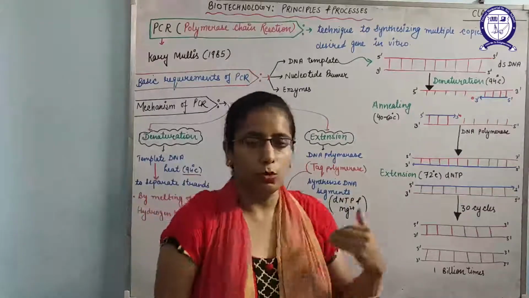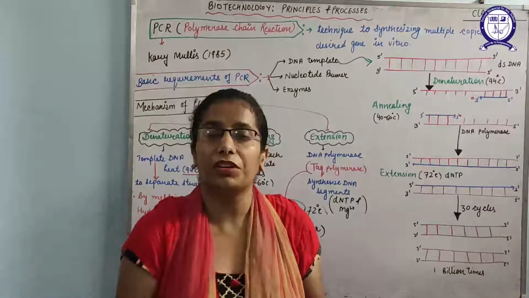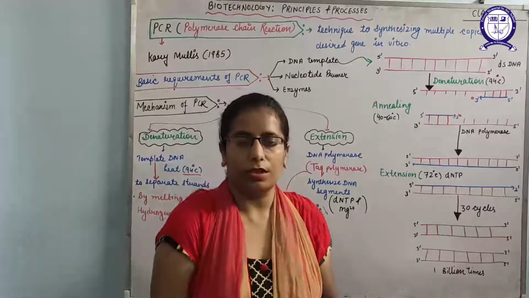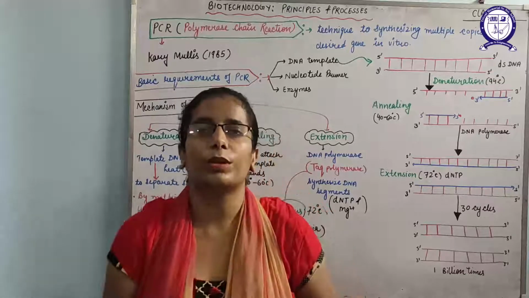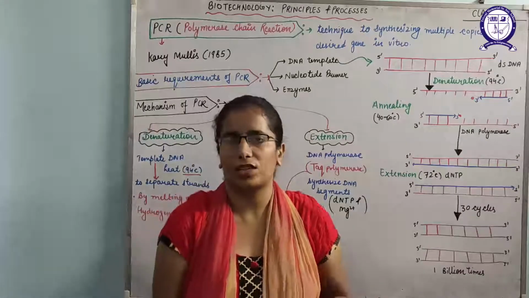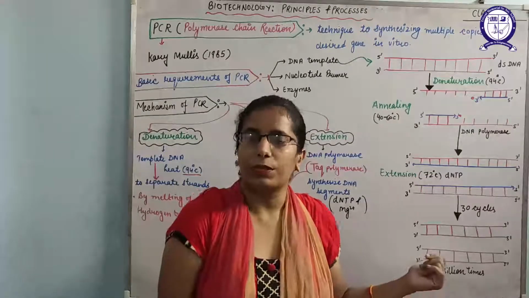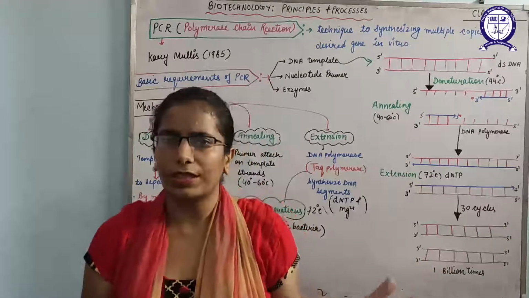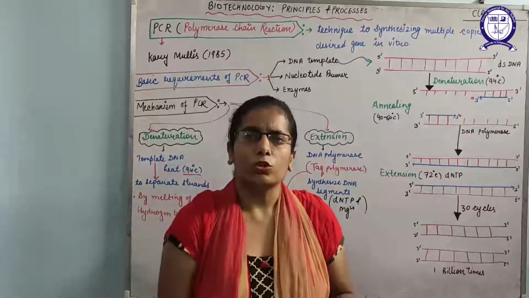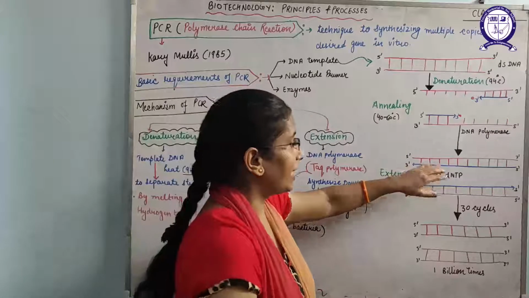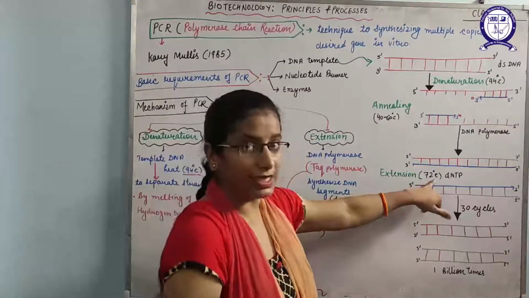In extension, who will extend the DNA strand? Definitely enzymes are required, and naturally in vivo conditions in the body of the organism, DNA polymerase is considered as the synthesizing enzyme that will make the DNA strand. But here, as this machine will require the high temperature, so normal DNA polymerase cannot work here. So what we will do, we will take the Taq polymerase enzyme that will work at 72 degrees Celsius